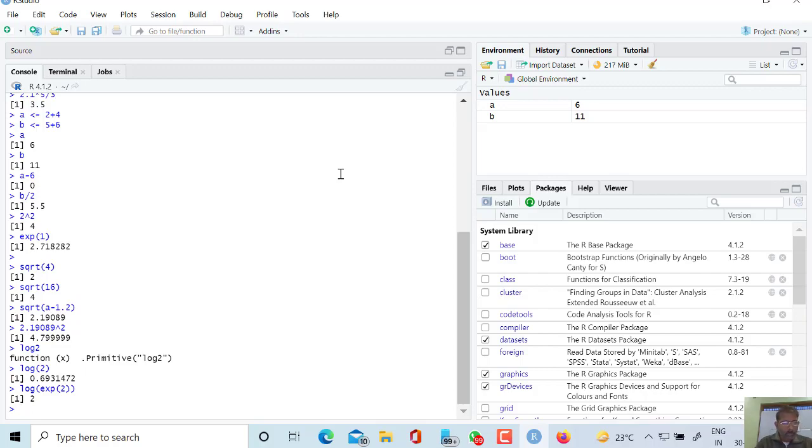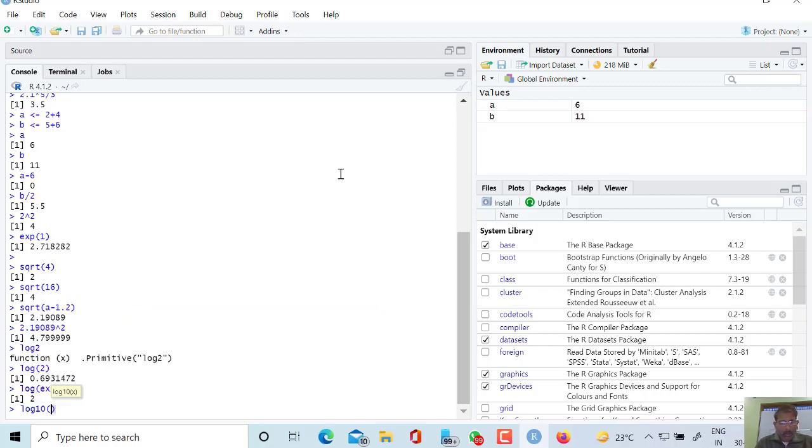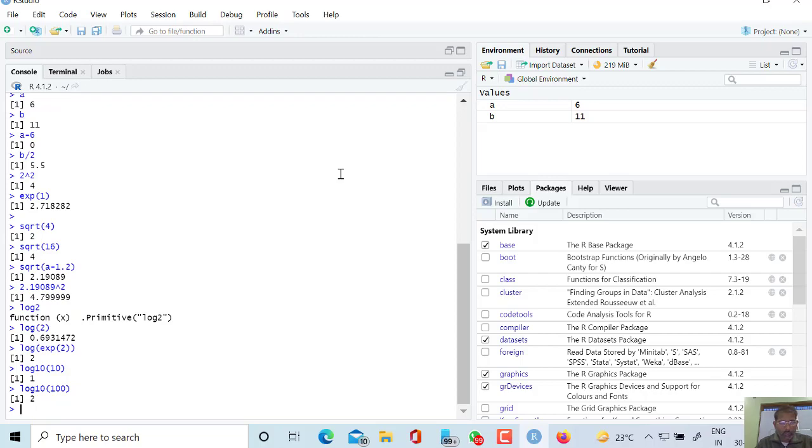Take some examples of log base 10 also. So let us calculate log 10, and here I am writing the base as 10. Let us check, its value is 1 as we expect. Similarly, let us check log 100 on base 10, it is 2 as we expect.